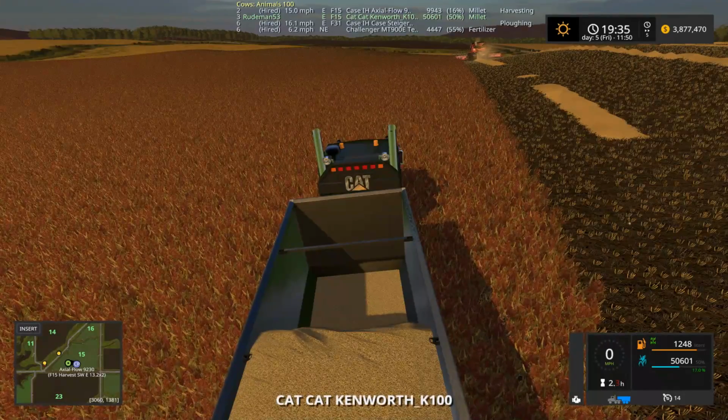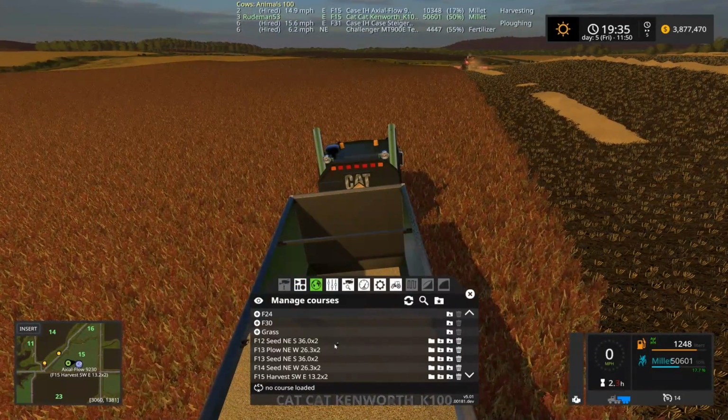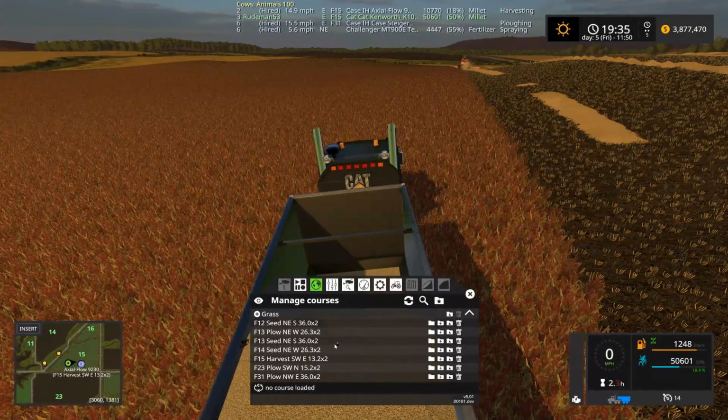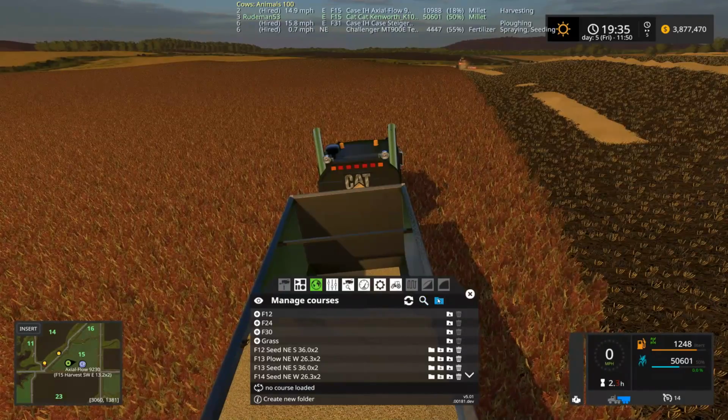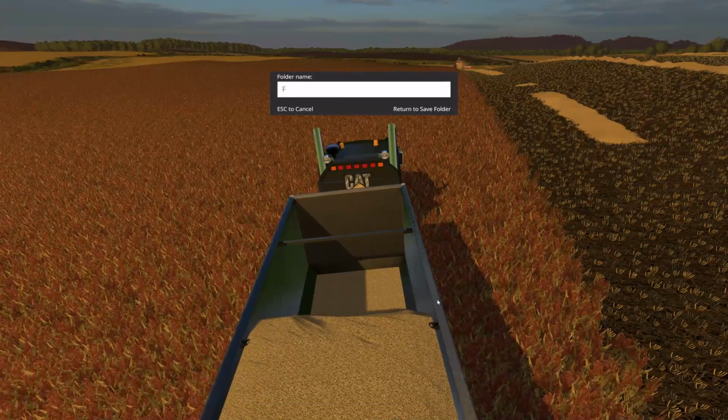So let's get this guy started. Let's go and get our truck going here. No course loaded. Do I have a course? No, I didn't make one yet. Okay. Didn't make one yet. Let's do a field